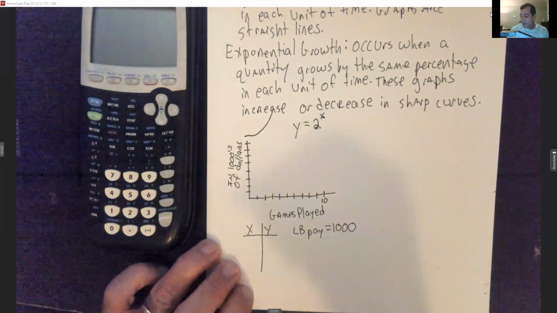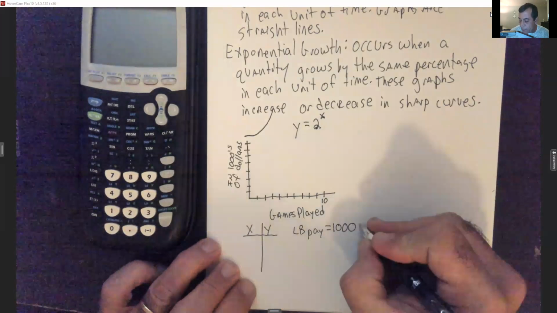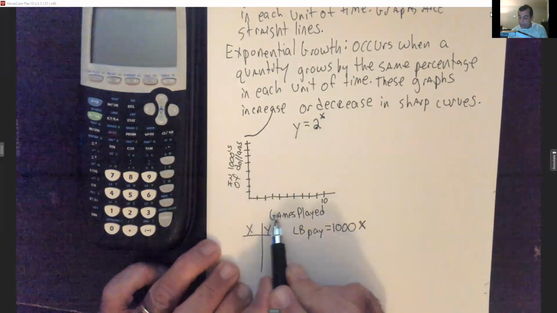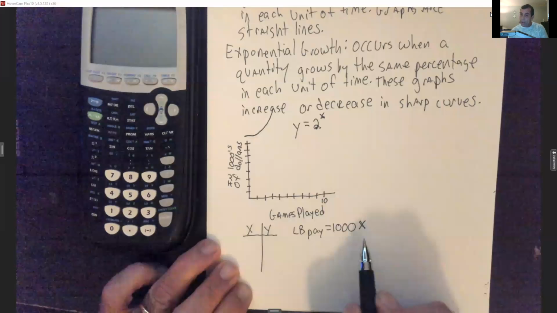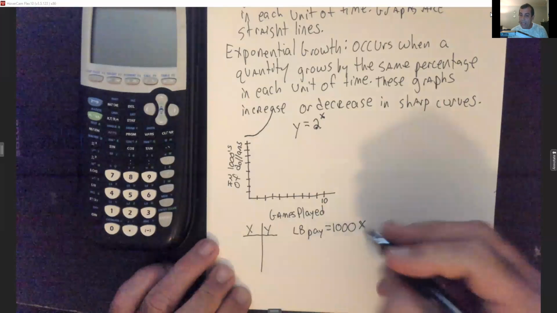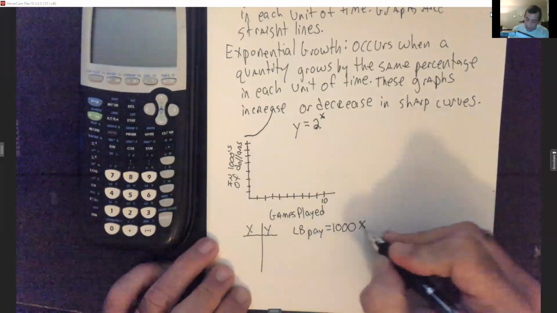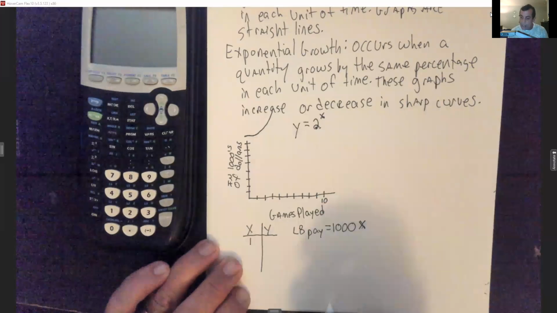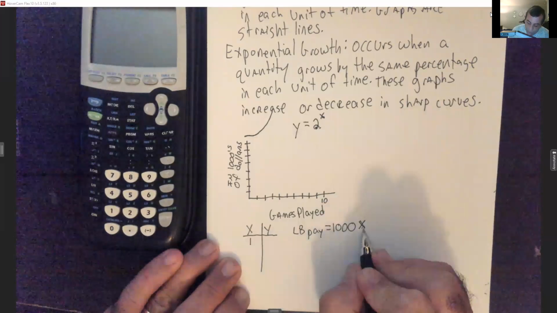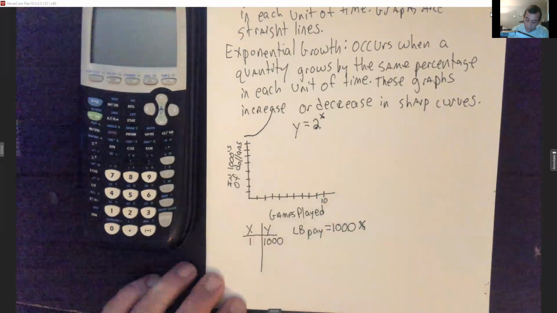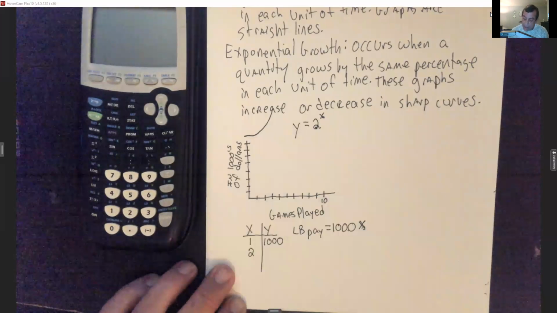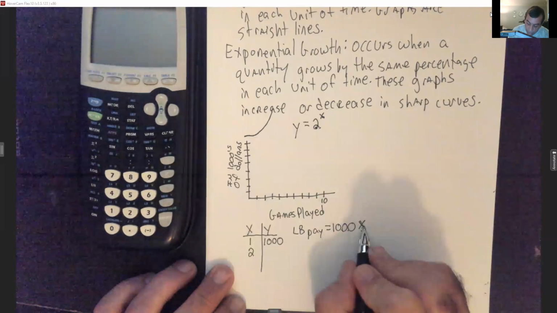So the variable is going to be the number of games played. That's why that's my x-axis here. That's going to be the x variable. So his pay will depend on how many games he played. Okay, so if LeBron played 1 game, we would put a 1 in for the x. 1,000 times 1 would be $1,000. If he played 2 games, I would put a 2 in for the x. 1,000 times 2 would give me